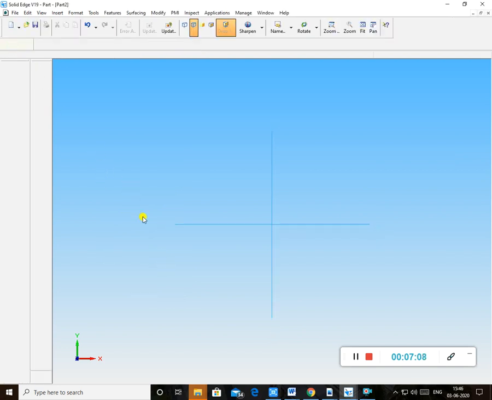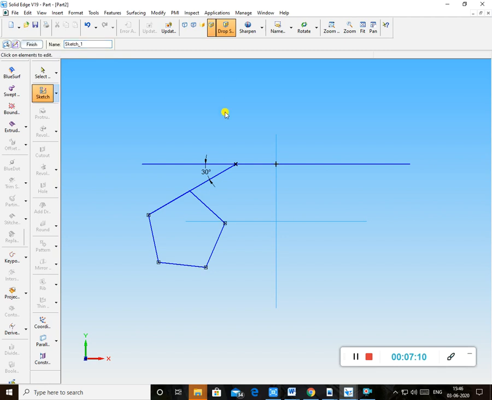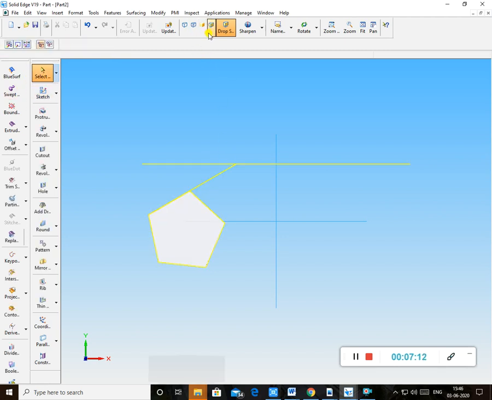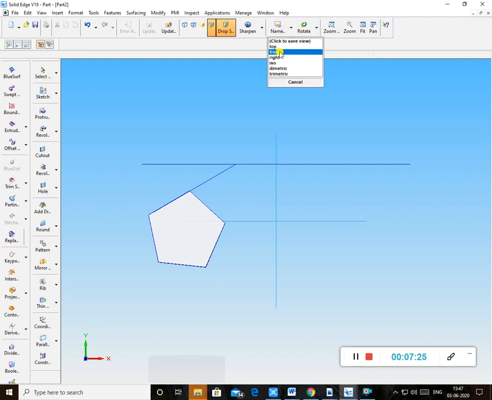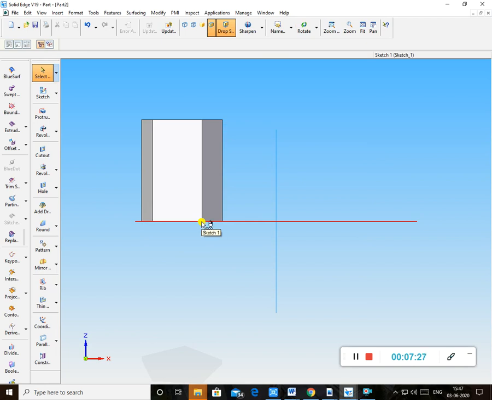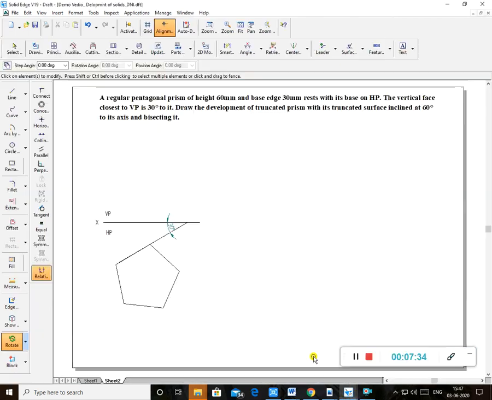So I'll return back. Now when you see it in solid 3D, when I look at its top view, it is in this way. When I look at its front view, it is in this way. See, correct? This is the front view. Now this front view I have to draw. So I'll project these points.